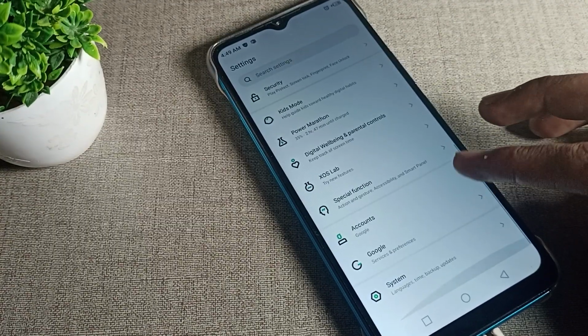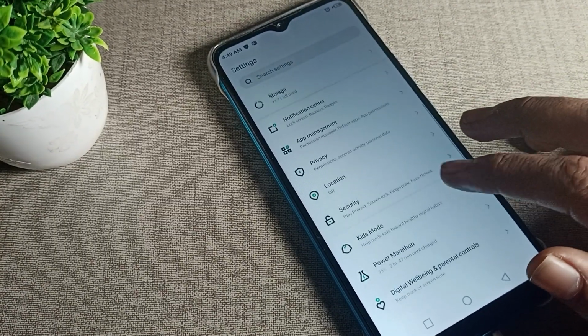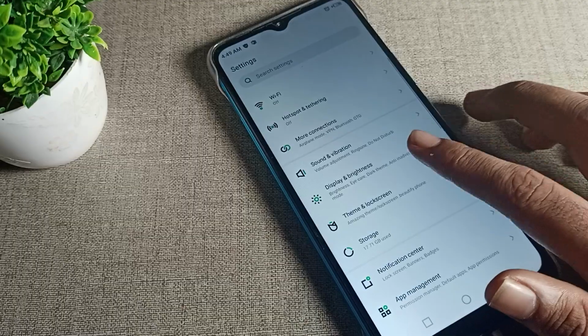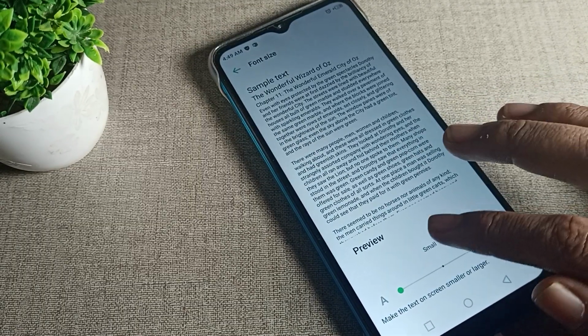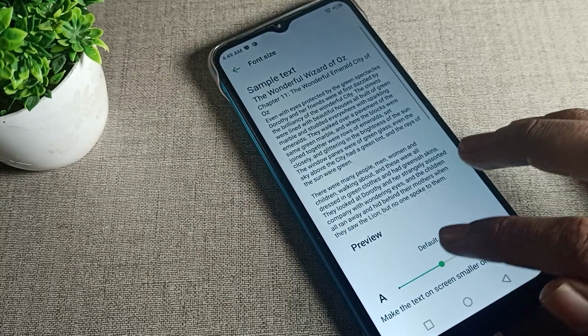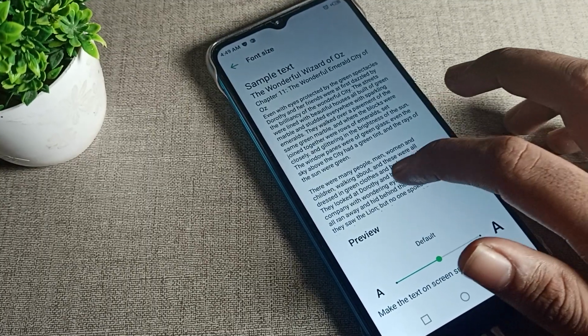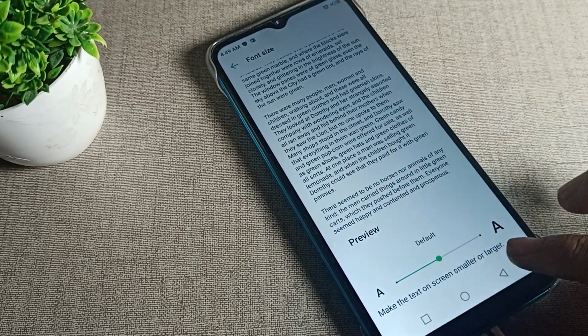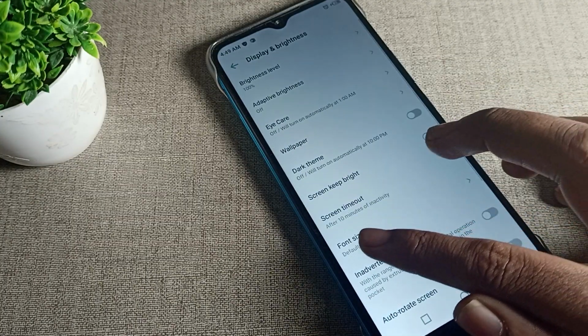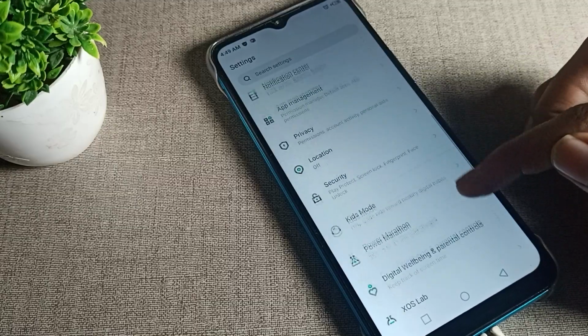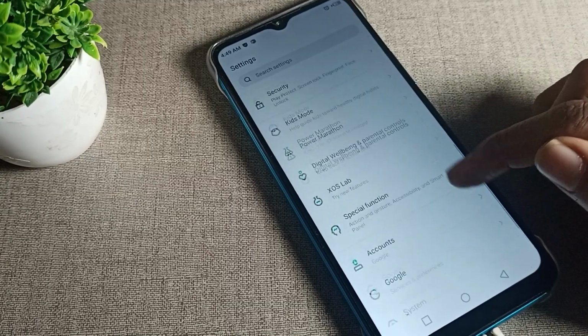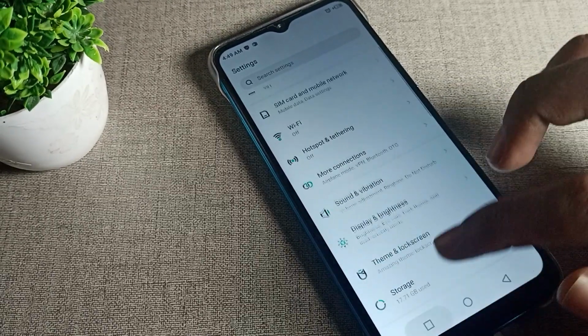After opening phone settings, as you can see this type of setting, click on your phone's display and brightness, and then click on font size. Friends, you can see your font size. My second option is the default option. You can see the default font size and the preview, and then come back. You can see the font size is now default, and you can use this default font size on your Infinix phone device. So like that we can set the Infinix phone